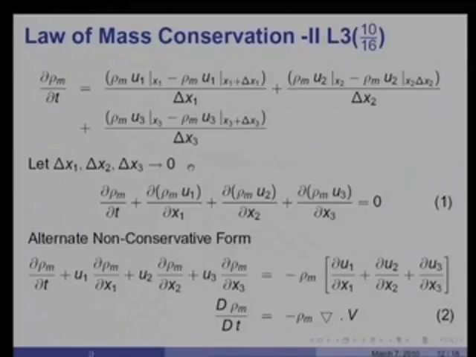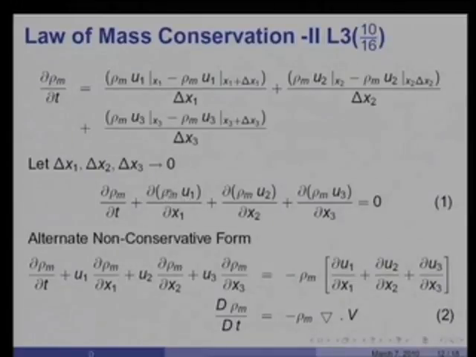It is also called a conservative form of equation simply because this is how it is derived. It has conserved all the fluxes in all directions. A non-conservative form can be derived by mathematical manipulation. For example, I can treat this as differentiation of a product. Then you will see this will become u1 d rho m by dx1